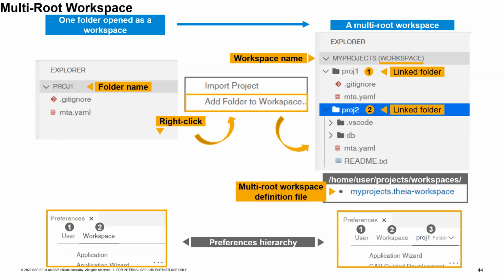Now, there are also workspace preferences. For a given development space containing one or more workspaces, preferences are generally organized into a hierarchy. We can have development space or user preferences, which are general preferences common to all the workspaces. Then we have the workspace preferences. And then we have the folder preferences, which are only applicable for a multi-root workspace, not for a single folder workspace.